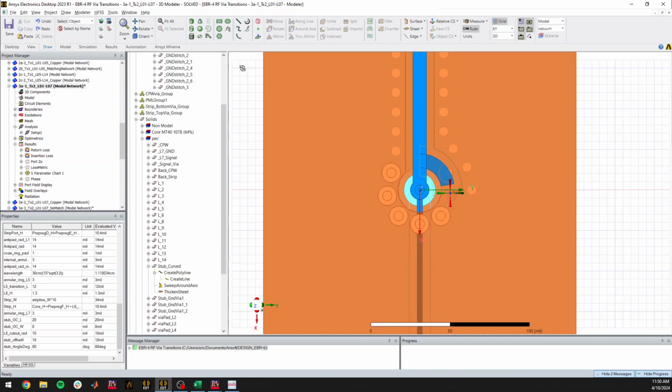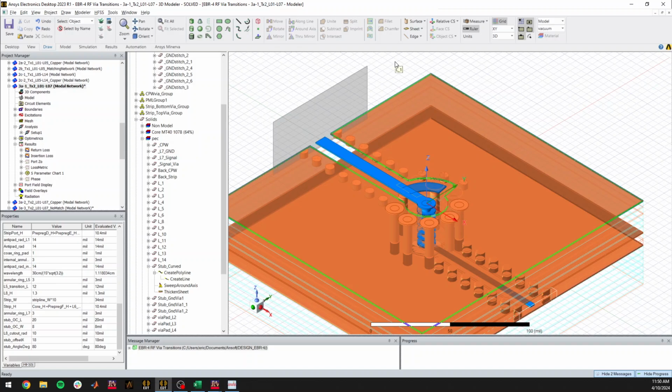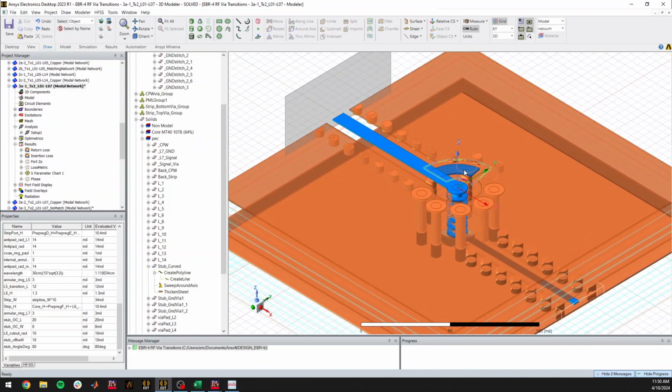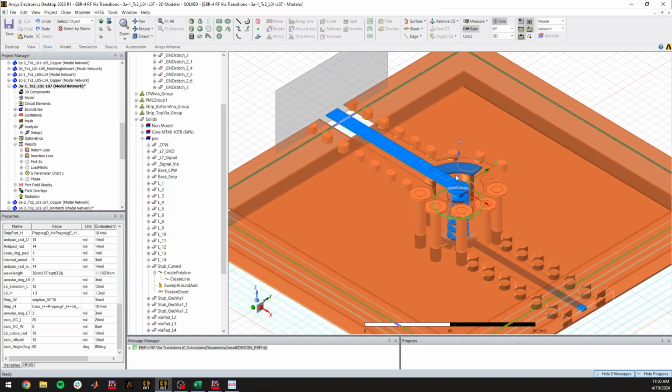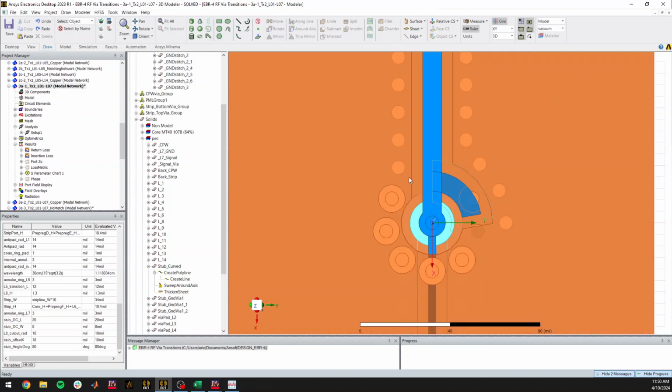So, there's some iteration here. Your initial design may not be correct, and that's why this parametric component is so valuable, because it lets you change where the stub matching network happens in your board. And so there were a few trials and iterations that were needed to get to this point. But ultimately, with this stub matching network, you can see,